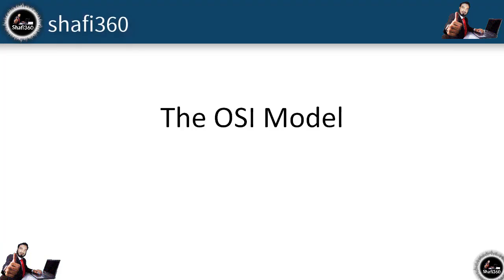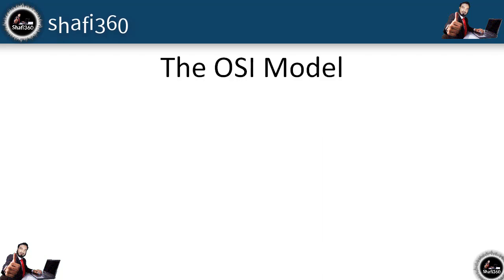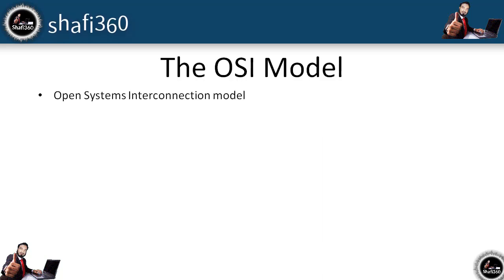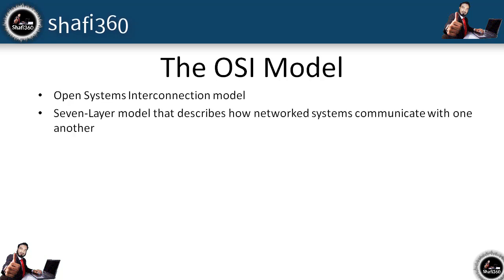In this video, we're going to discuss the OSI model. The OSI model stands for the Open System Interconnection model. The OSI model is a 7-layer model that describes how network systems communicate with one another. It's basically a roadmap from the IEEE that tells different networking vendors how they can interact with one another using